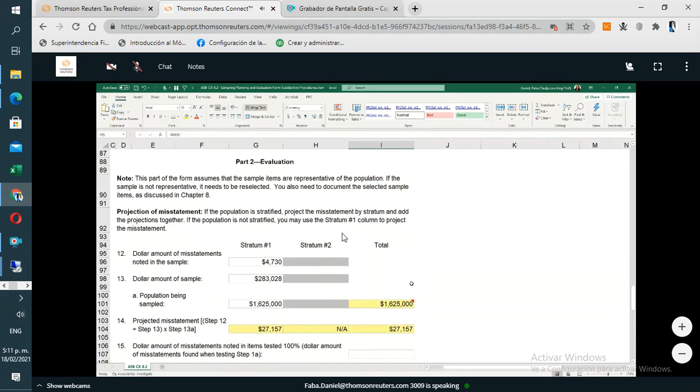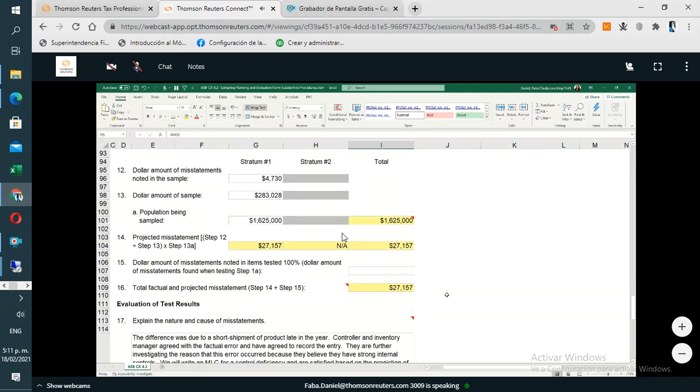failed. The real thing we need to understand about sampling is it's a pass-fail test. So when we go to sampling of any balance, it's either yes, it's good, or no, it's not. There's no degree of deviation. Now, if we say, these are the errors we identified and it's immaterial, that's a pass. If we end up with a factual and projected misstatement above the threshold we've determined, so we said above that $40,000, we end up at $60,000, for example, then it's a fail, and we have to determine what we need